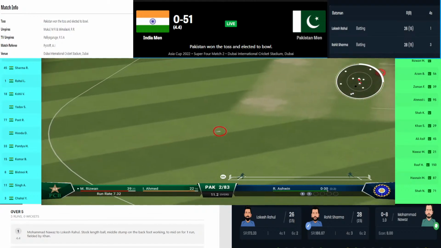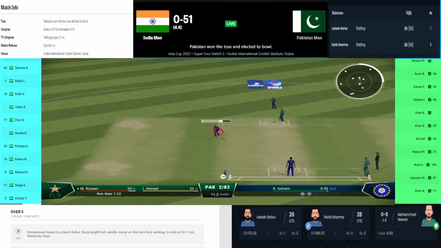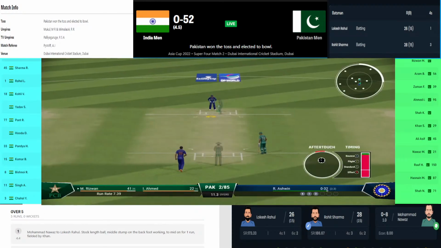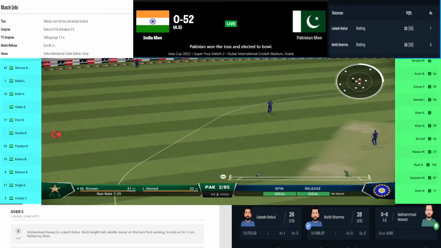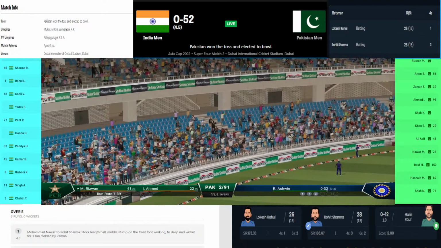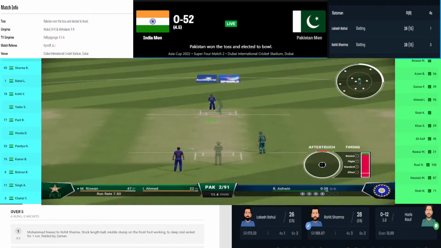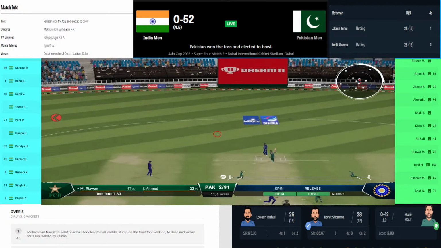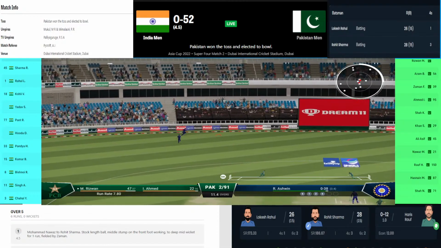That's wonderful. This time again, down the ground, up in the air for quite a long time, and it just lands safely. A wonderful fielding effort from Shadab Khan to stop the four there. But that was a risky shot. It was up in the air for quite a long time, but thankfully there was no fielder at long on or cow corner, so that's why it lands safely. So after 5 overs, India's score is 54 without loss. Wonderful batting from both the Indian batsmen, KL Rahul and Rohit Sharma. KL Rahul is on 26 off 15 and Rohit Sharma is on 28 off 15.